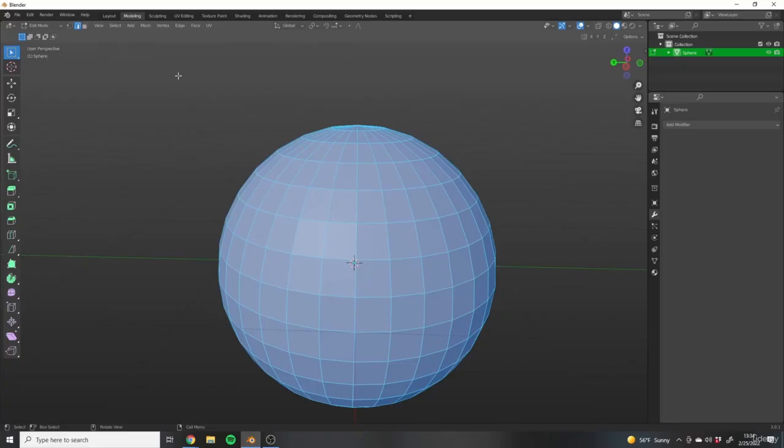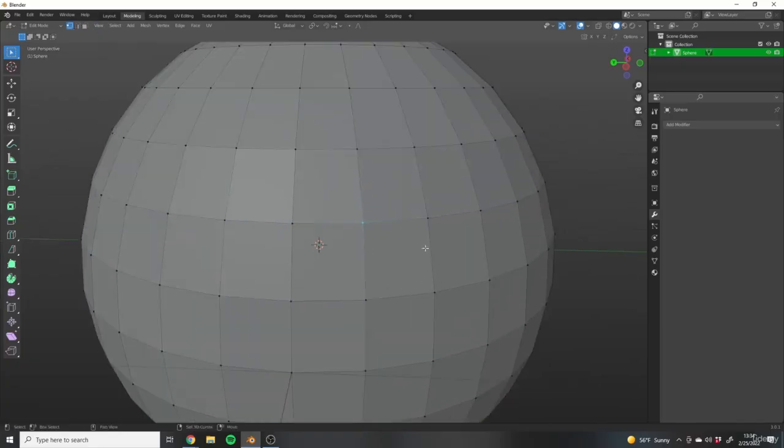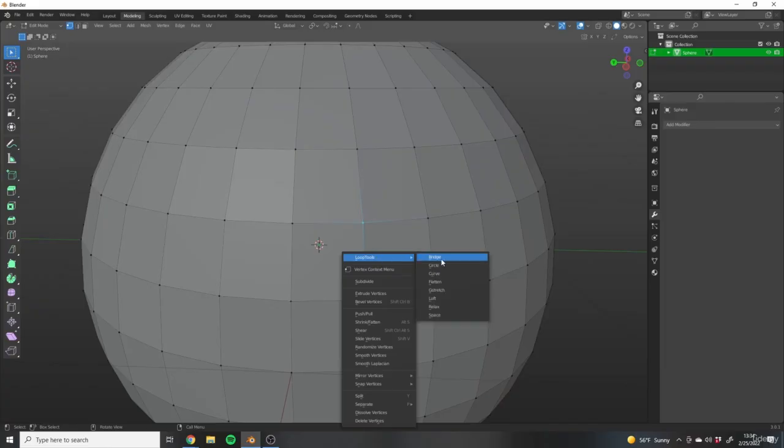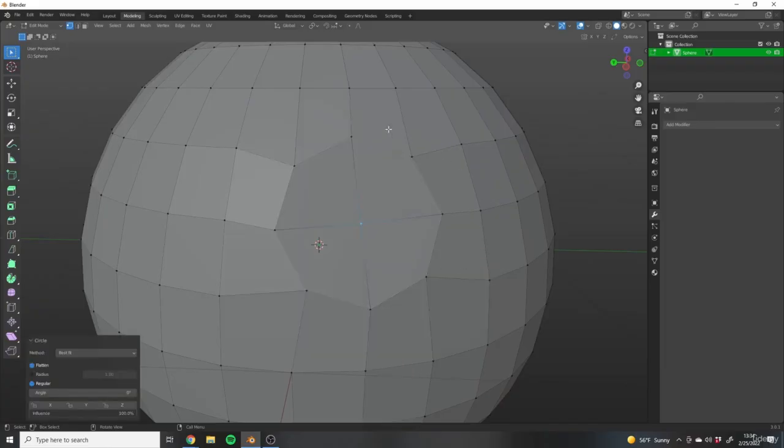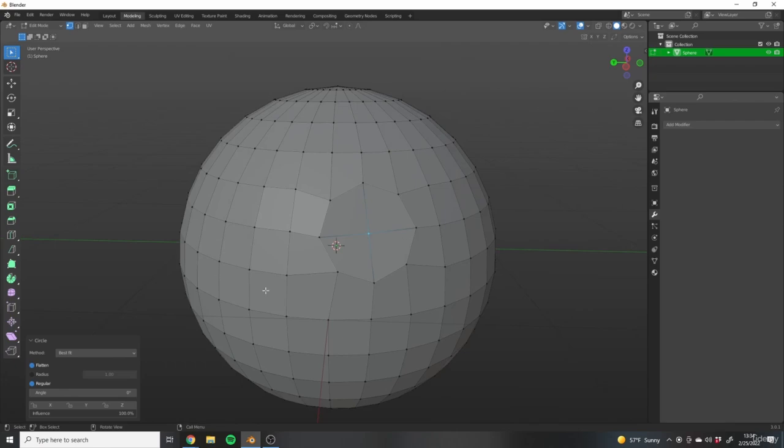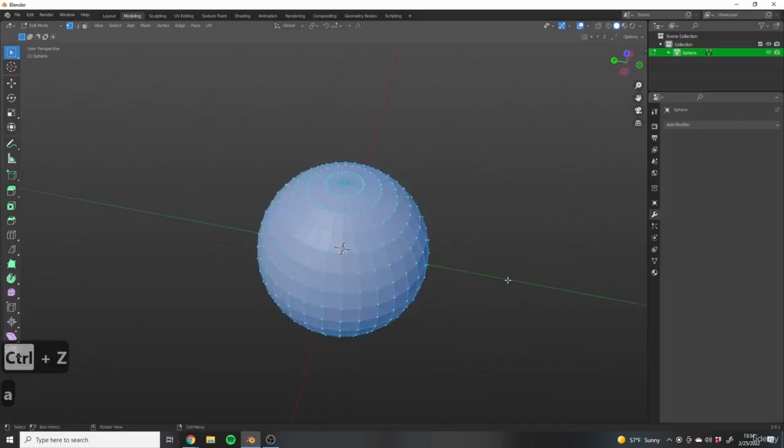And the circle tool is really interesting because if you select a single point on your mesh, right click and select circle, it will transform the points around it to be in a circle around the point that you had selected, or as close as it can get to a circle based on the resolution of your mesh. So obviously if I had more points making up this sphere, this circle would be smoother. The other thing that circle can do,